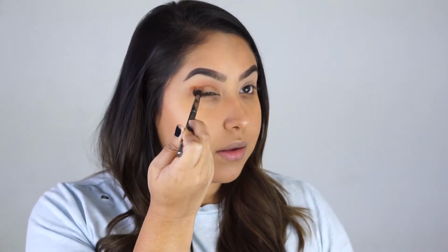I really like this color, and I think that the pigmentation going on the eyes is beautiful. It's blending out so nice. It's blending out, to be honest with you, better than a lot of my eyeshadows, and I'm very happy about that. I mean, these eyeshadows are super cheap, guys. Like, this palette, I think, cost me maybe